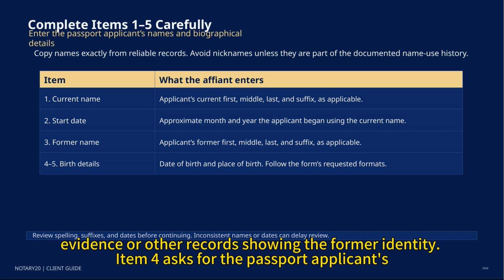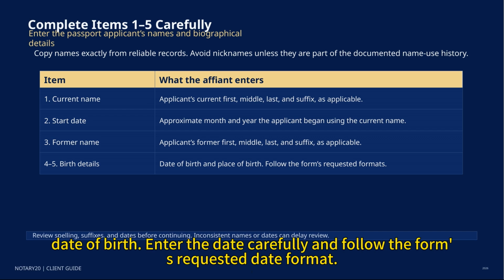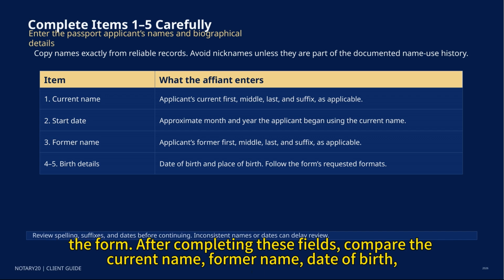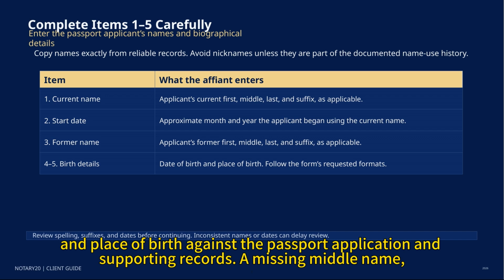Item 4 asks for the passport applicant's date of birth. Enter the date carefully and follow the form's requested date format. Item 5 asks for the applicant's place of birth, including the city and state as requested on the form. After completing these fields, compare the current name, former name, date of birth, and place of birth against the passport